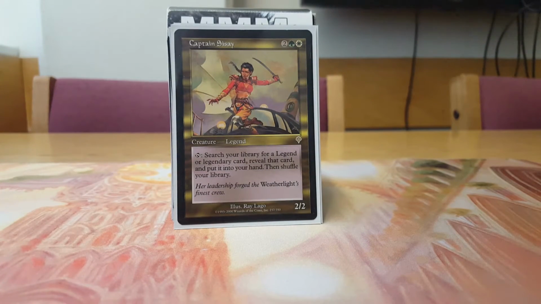Next up are my tutors. Again, I don't want to lose tempo with my tutors. I don't want to have a Diabolic Tutor, 2 colorless and a black or something. I don't want to spend a whole turn just doing that. So, Captain Sisay has a body. She has a small 2/2 body, but I have a lot of haste enablers in this deck. So she basically comes out, and I get to search my library that turn